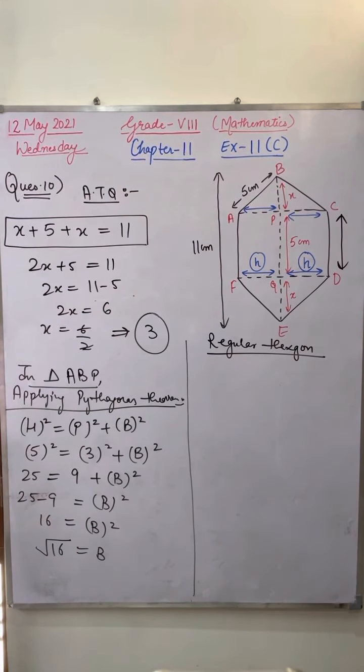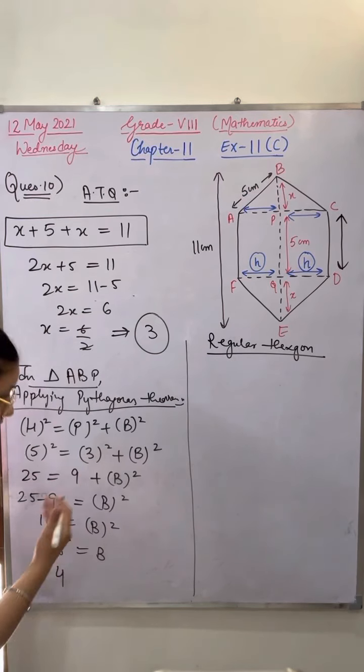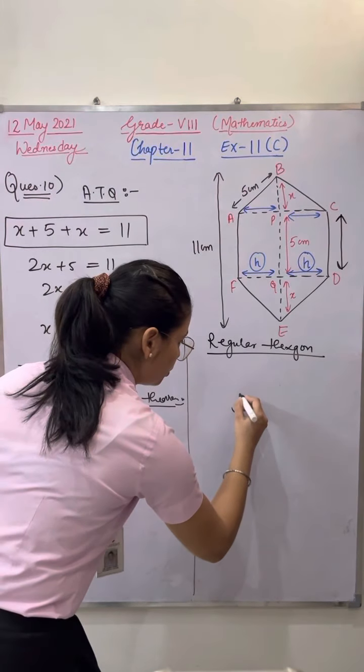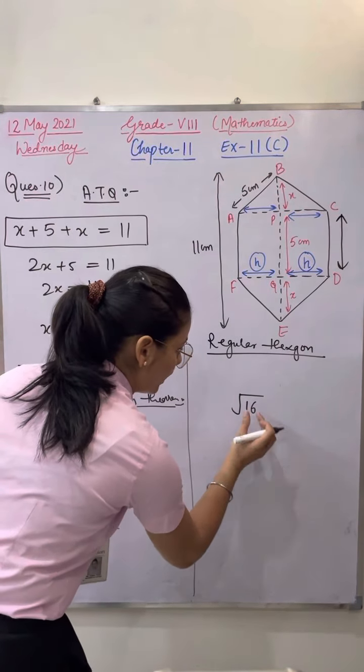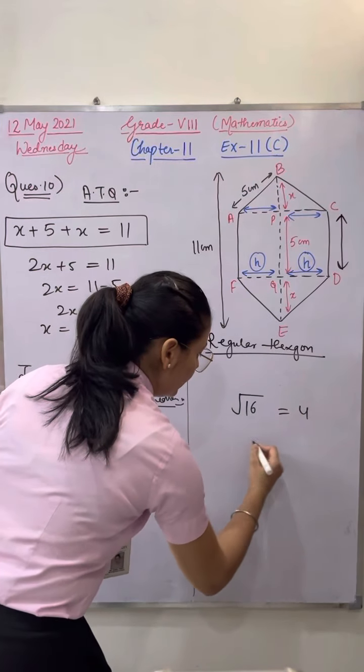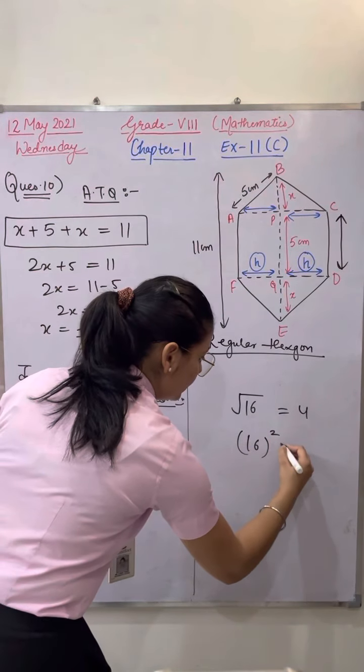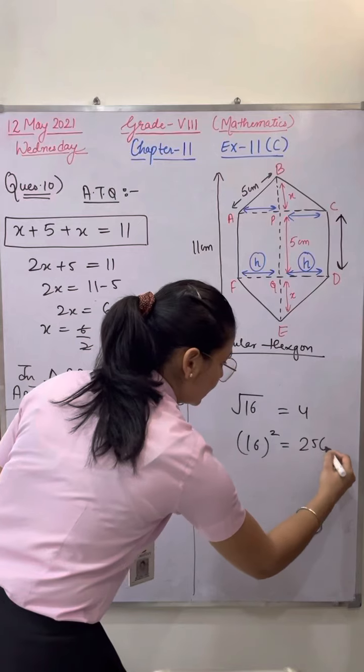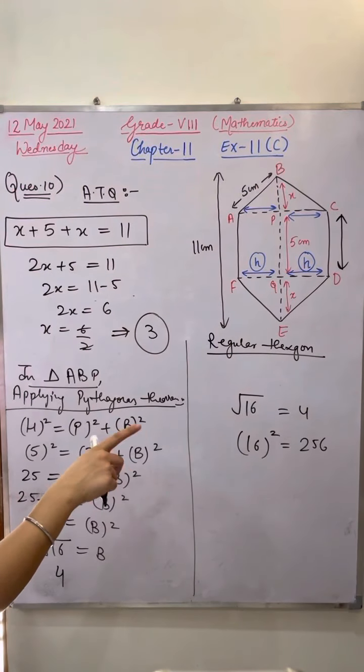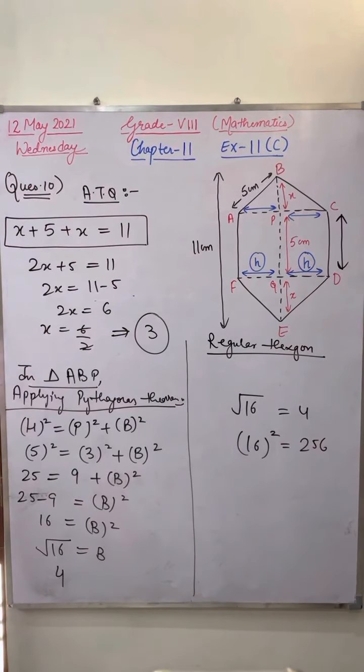Samir, I am not asking square of 16. I am saying 16 is a square of which number? 16 is a square of which number? That is 4. Okay. So square root means 4. The meaning is different. Root 16 means this is square of which number? That is 4. If it is 16 square, then it will be 256. Okay. The meaning is different. Right?